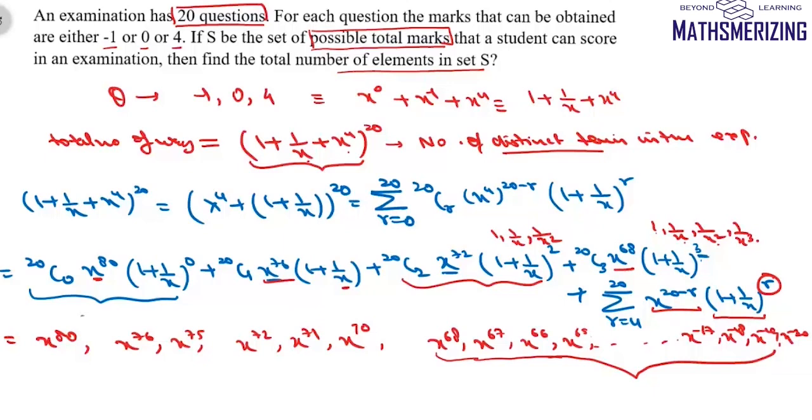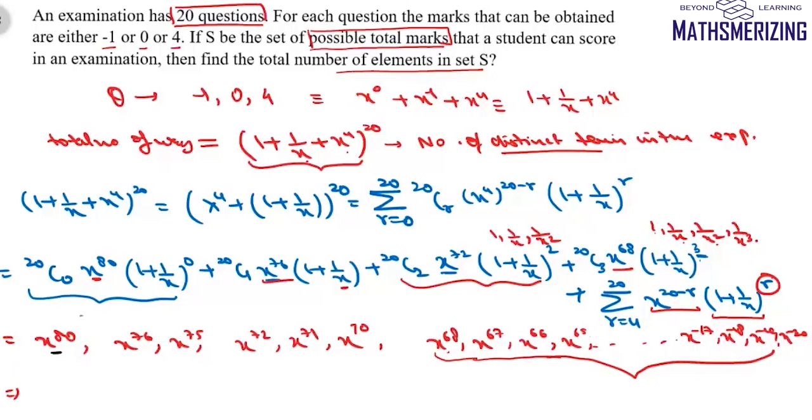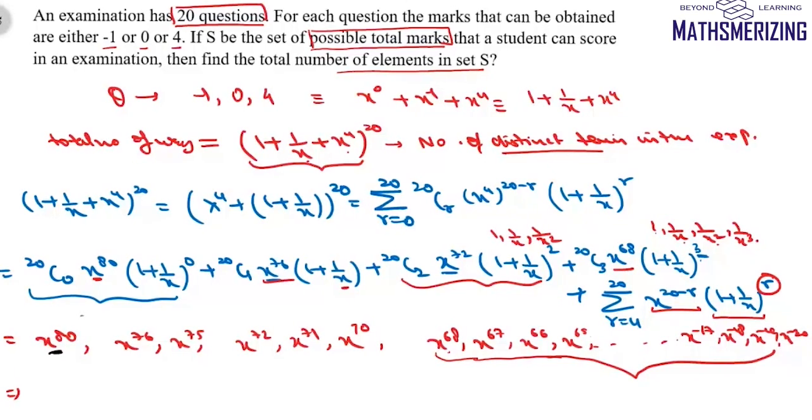So in this expansion, I'll have these terms starting from x to the power minus 20 to x to the power 68, and then we'll have these 6 more terms. So now I'll need to count the number of distinct terms in this expansion. So I know that from 80 to 20, it'll be total 80, and then plus we also have x to the power 0 and then plus 20. So that's